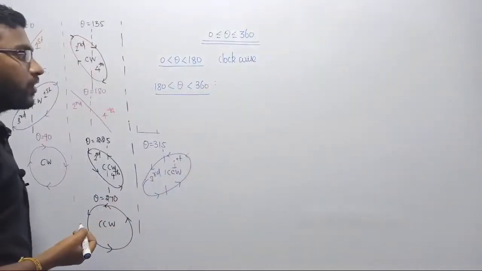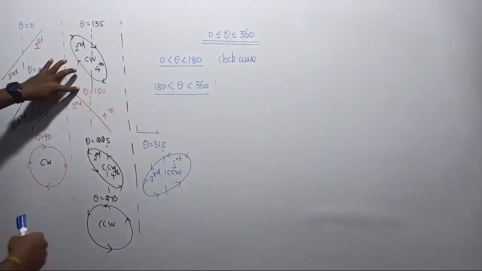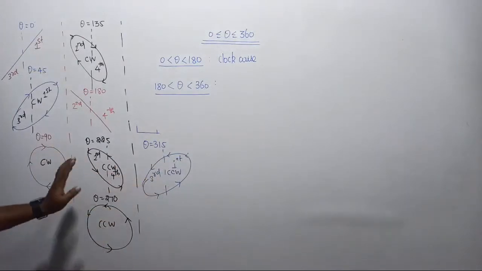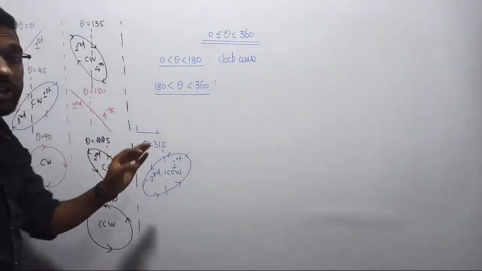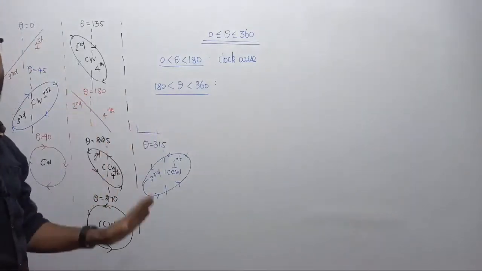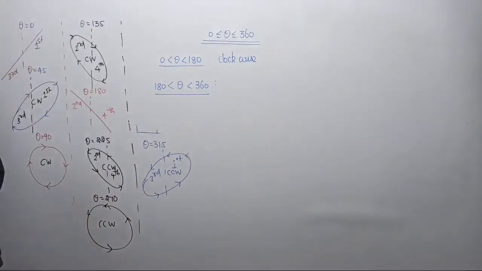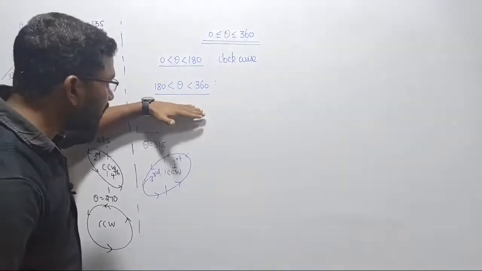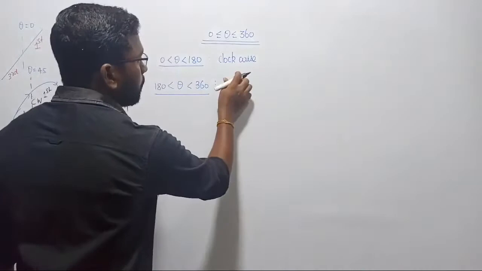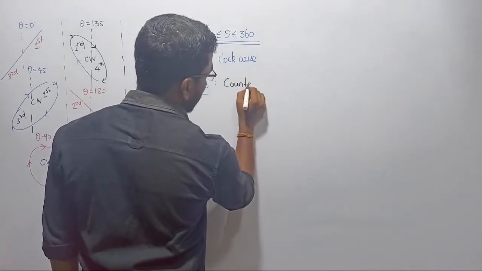In the second statement, I hope you are getting what I am trying to conclude here. If you observe the pattern between 180 and 360, again we are getting three patterns, 2 ellipses and 1 circle. If you observe each, it does not matter at which point between 180 and 360 you are, the pattern displayed on the screen will make its revolution in the counterclockwise direction only. Do you guys agree with me? So if the value of theta lies between 180 and 360, the pattern being displayed on the screen will rotate in the counterclockwise direction only.